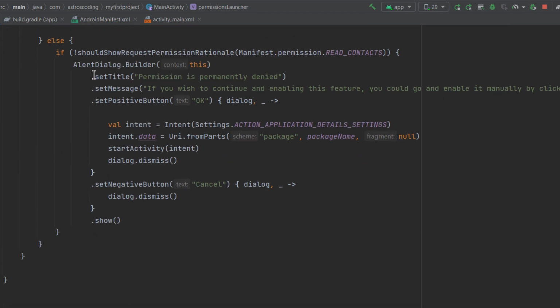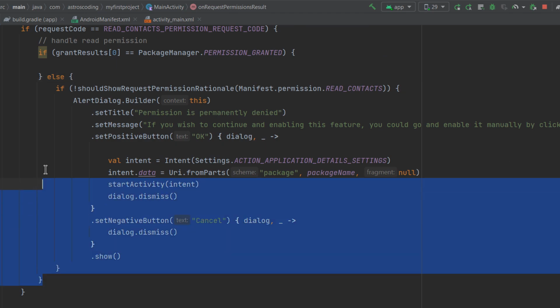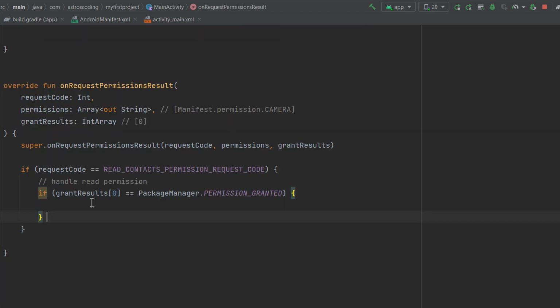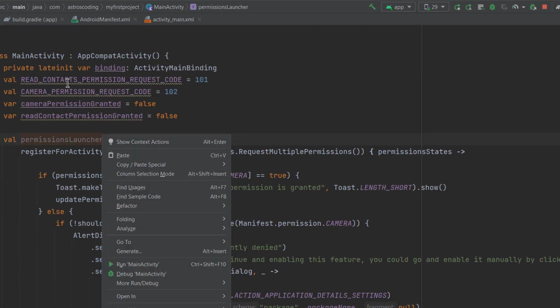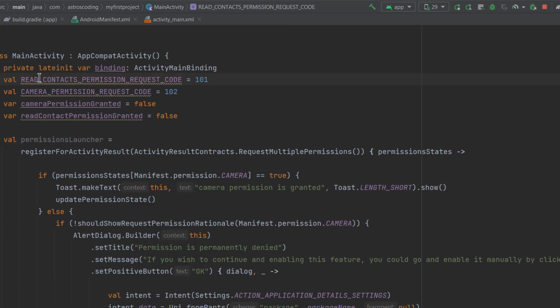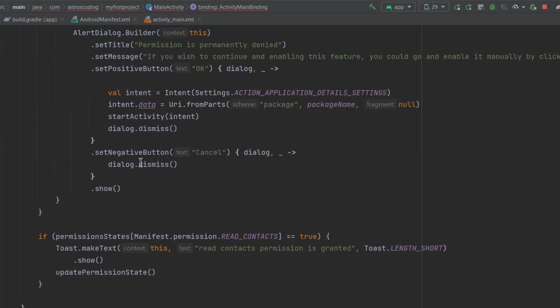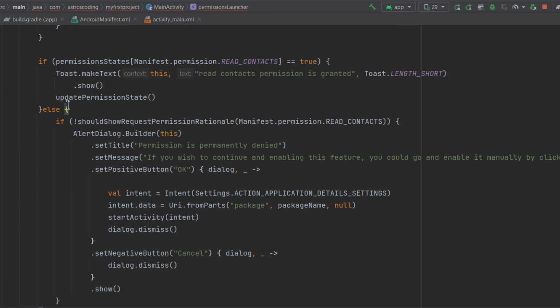And if it's not granted, we're going to check for the rationale and help the user navigate manually to these settings. Now we can completely delete the onRequestPermissionsResult callback, and we can also get rid of the permission request codes for the read contacts and the camera permission. Paste the code,